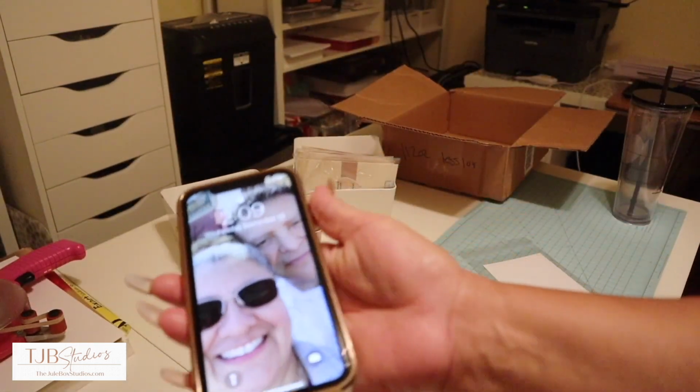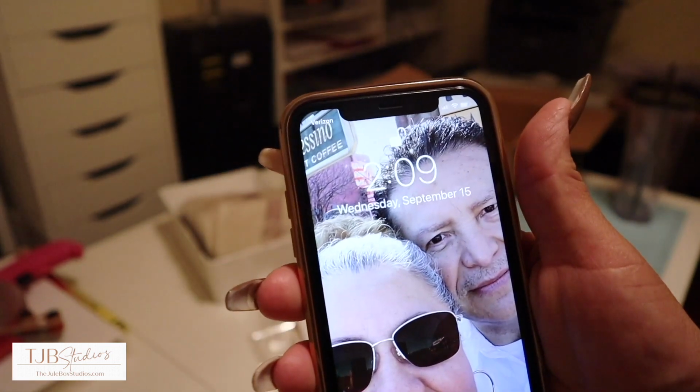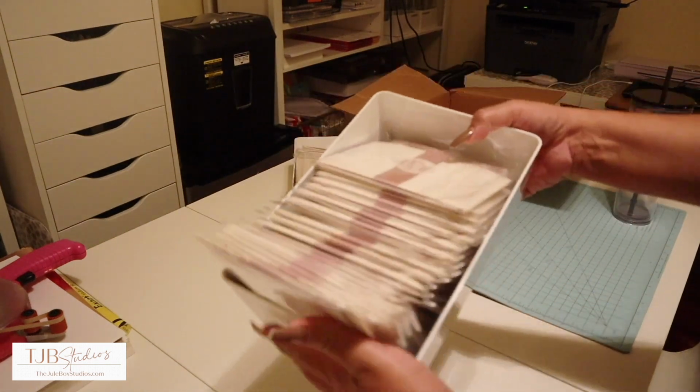Now, it's 2:10 in the morning, September 15th. Today is my birthday. These are the ones that are going out. I don't want to share the address there, but